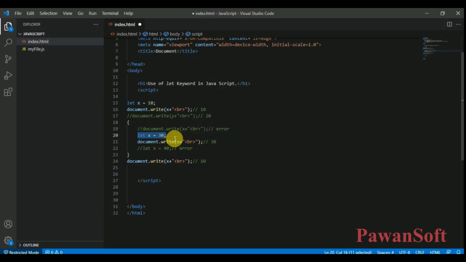After line 20 we can access it, but before line 20 we can't access it, right? So when we declare a variable using the let keyword, first you have to declare and initialize the variable, and only then can you use it. If you try to use it before, at line number 14, you will get an exception.